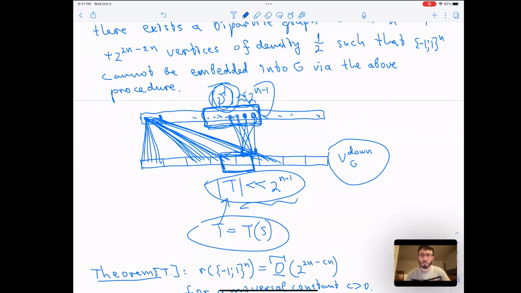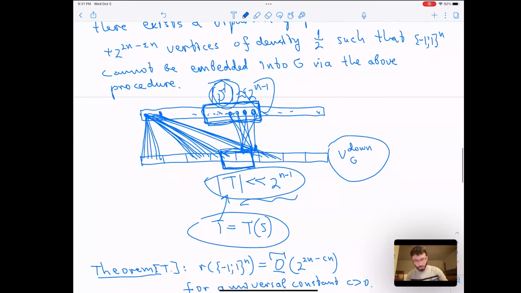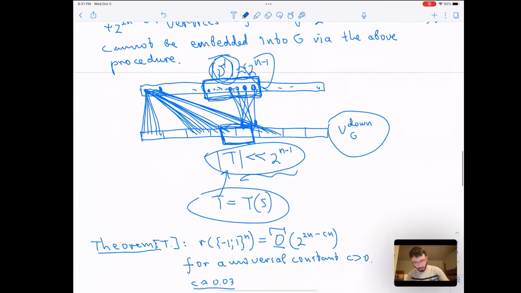There is some notion of concentration for the set of common neighbors. If they were not concentrated, if they were spread, so imagine that we managed to find a set S such that the set of common neighbors of a typical n-tuple,